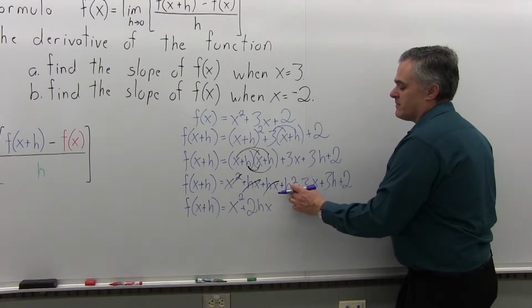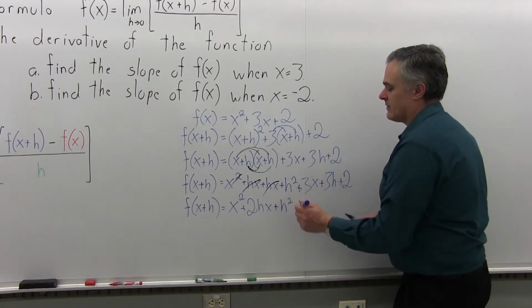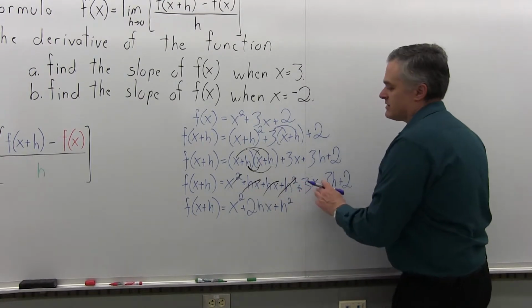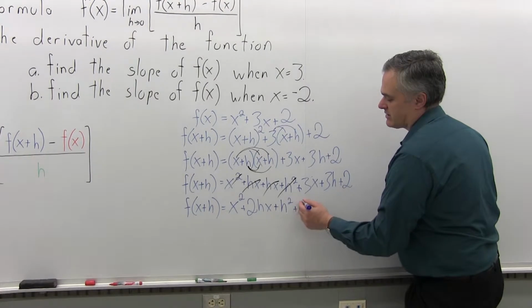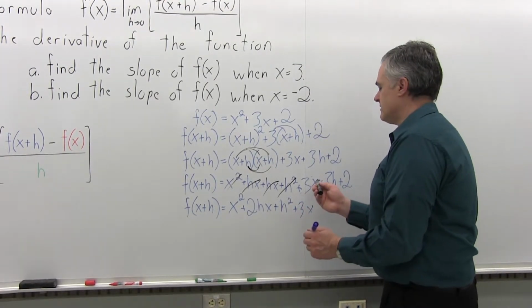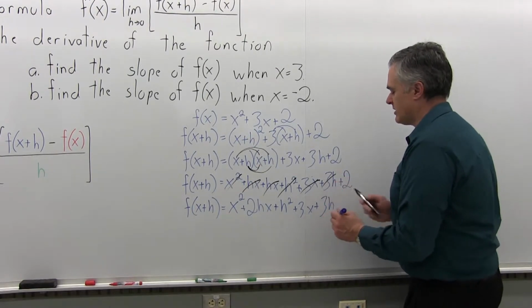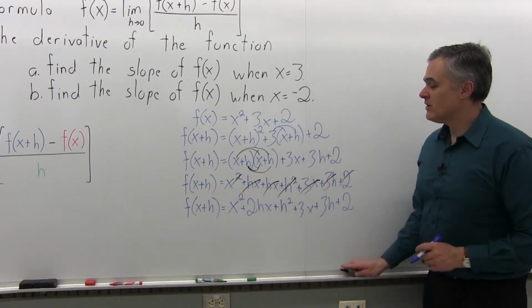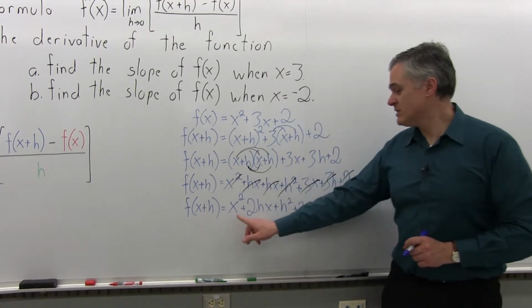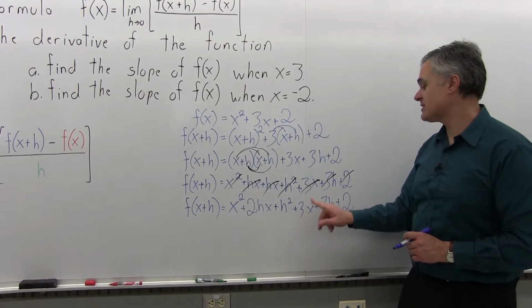H second power. There are no other h second powers, so that's done. Cross that out. 3x, there are no other 3x's. There were the hx's, but not just 3x. So 3x, that's done. 3h, actually nothing else really combines now. Plus 2, done. So now f of x plus h equals x squared plus 2hx plus h squared plus 3x plus 3h